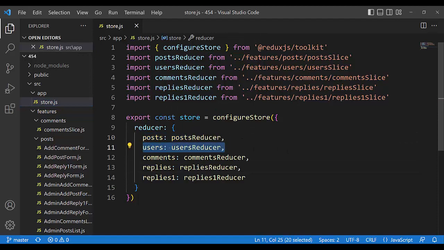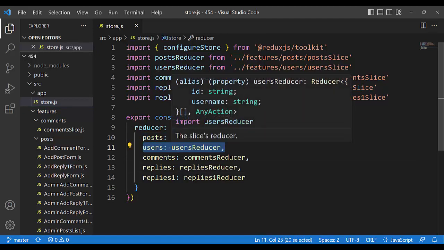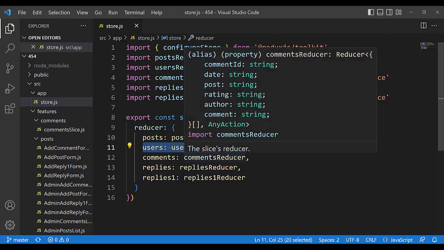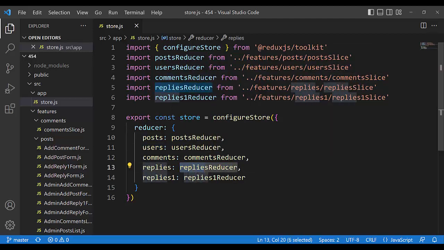When we represent user, post, comments, replies, replies one, each is a table. We have 5 tables. Here in the store, in state, we are now playing only with in-memory